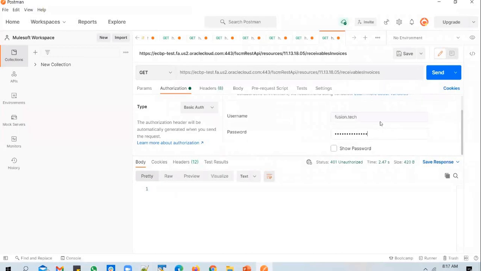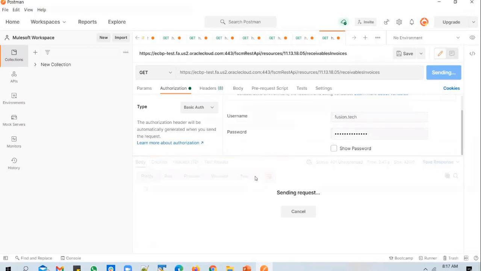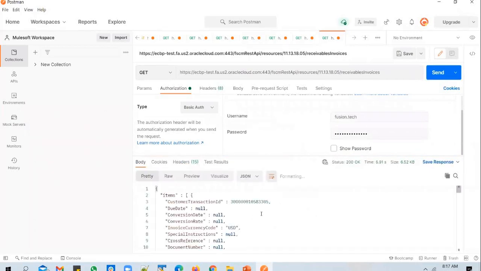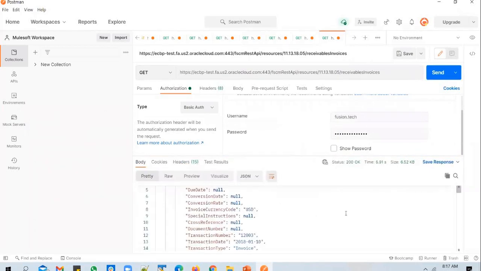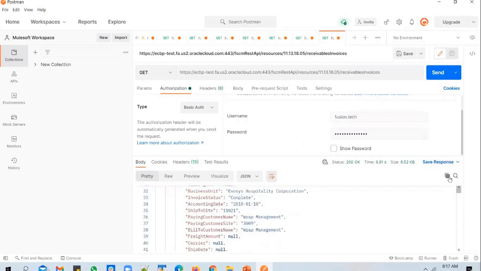I've pasted in the password of the fusion.tech user, and let me send the request now. And when I send the request, I've got the details of the invoices back.